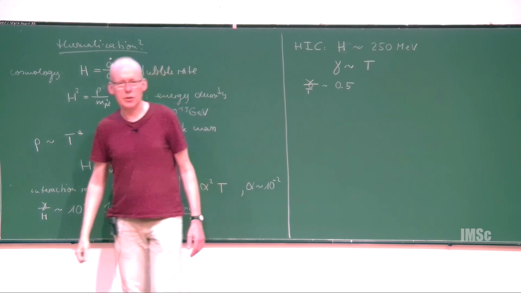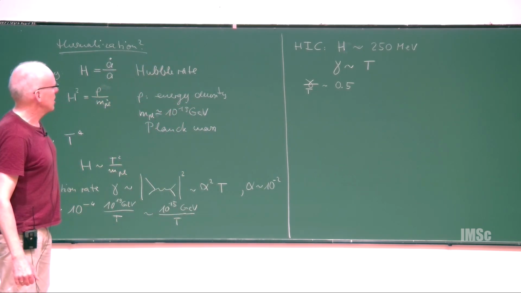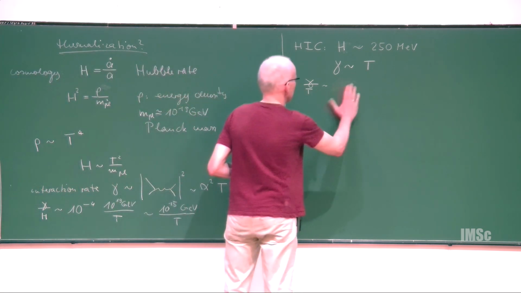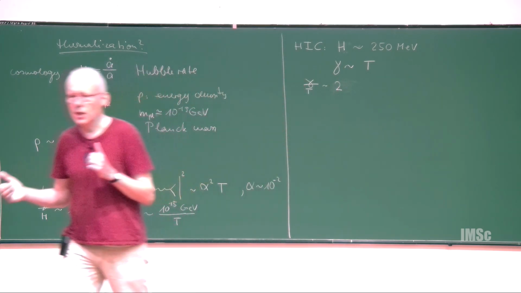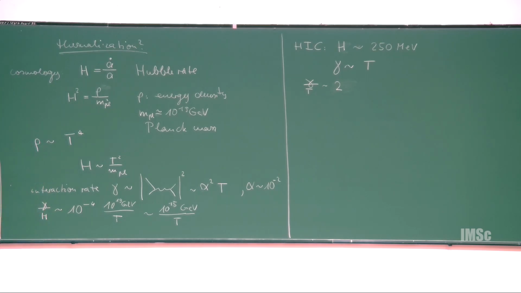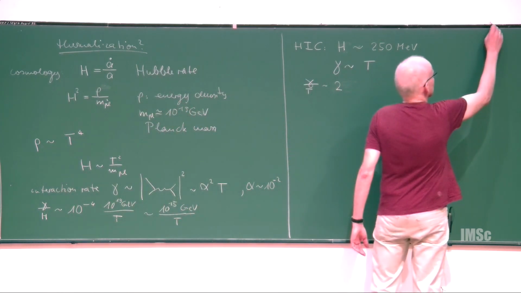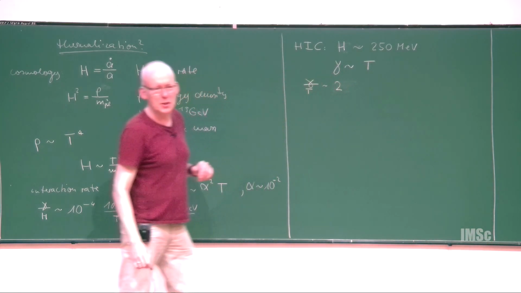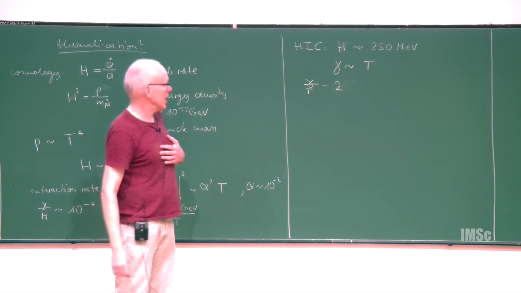Which means that it's not terribly big. So it's, no, sorry, it's not 1/2. No, it's of order 2, sorry. It's of order 2. So it's bigger than 1. So we can hope that it thermalizes, but it's maybe just barely thermalizing. That means that from the point of view of thermal field theory, this is a very difficult problem, the relativistic heavy ion physics.